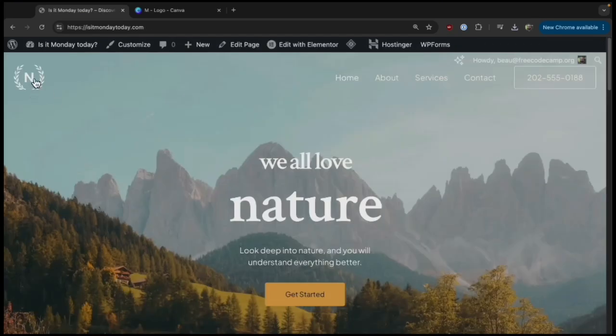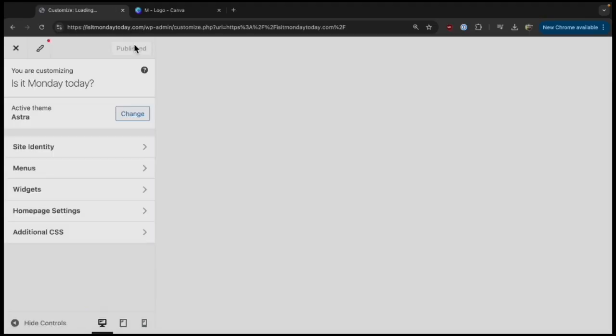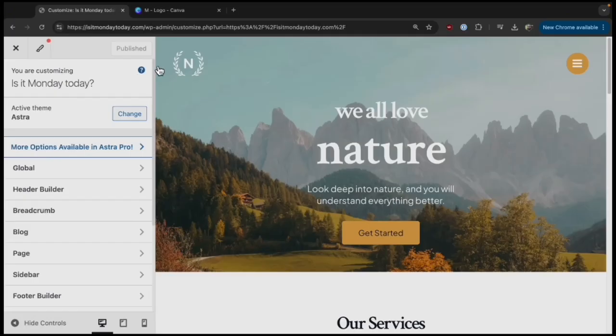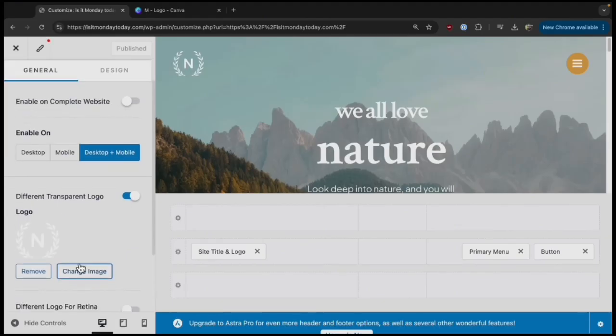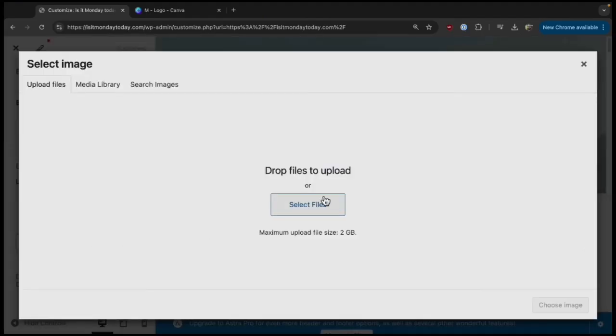Okay, so let's see how to change this image. So to change a lot of things on the page, we're going to start by just clicking the customize button here. So I'm going to be showing you how to change a lot of stuff, but first let's change the logo here. So if I move my mouse around here, sometimes there'll be things to change. So I can click the edit icon on here, and now I can just click change image, and I'll drag